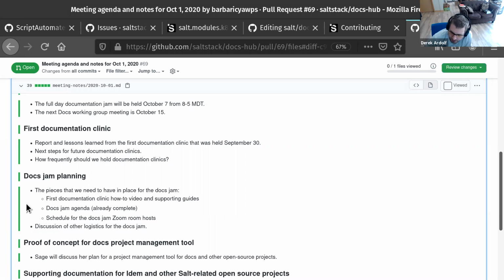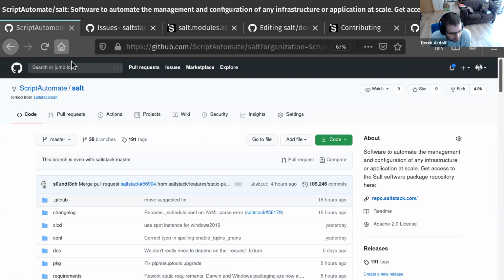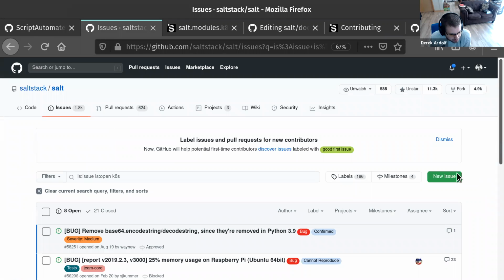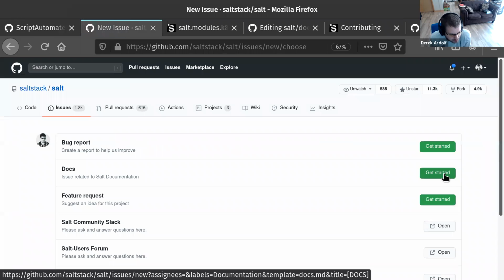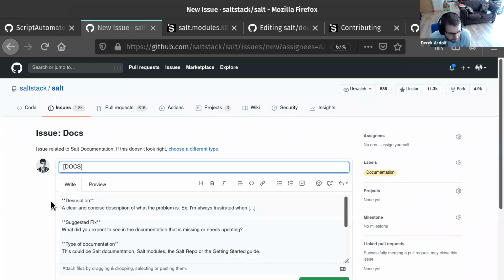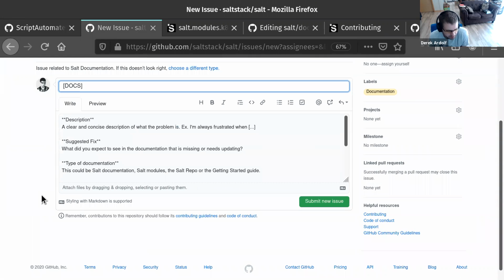I'd like that you made sure to mention that need for examples. If people are able to open a new issue and there's a docs issue related to SALT documentation, right in here is something where people could simply go, hey, there need to be more examples in this execution module, or more examples in this state module. And being able to either provide one, especially if people have experience with them,